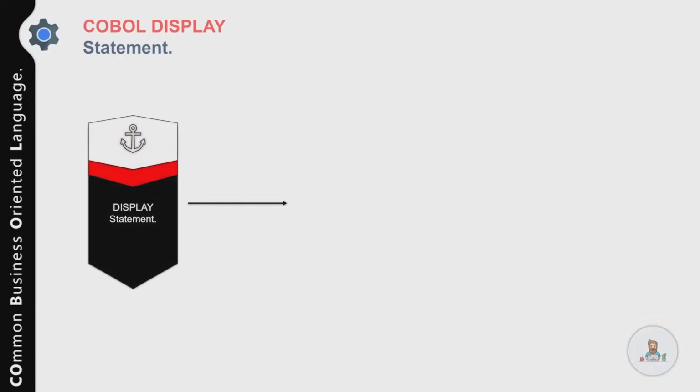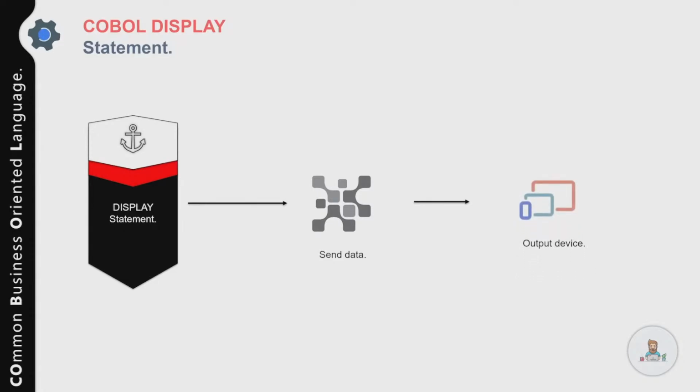Now let's talk about another important statement, that is the DISPLAY statement, and how you can use that in your COBOL program. The DISPLAY statement displays one or more literal or variable values on the screen of a monitor or a terminal. After it displays these values, the cursor moves to the next line on the screen. On an IBM mainframe, the DISPLAY statement sends its data to the SYSOUT device, and the contents are displayed on the output device in a specific order, that is from left to right, and in a sequence that you specified